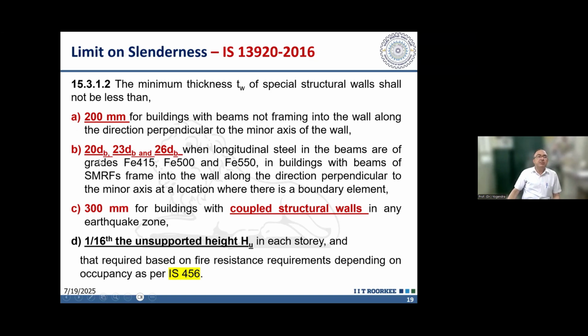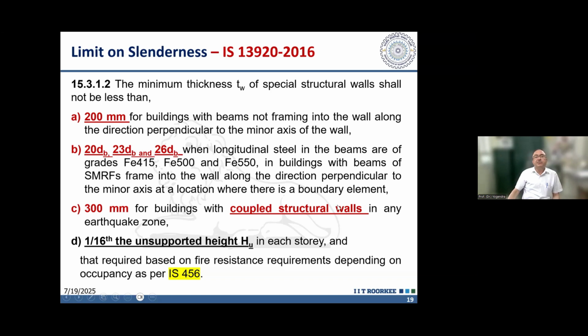So if there is a beam connected perpendicular to the wall, then these requirements of the beam column joint will be applicable to shear walls also. In that case, thickness cannot be less than 20 times dV, 23 times dV, 26 times dV, depending upon which grade of steel we are using. If we are using Fe 500 grade, then 23 times dV. dV is the diameter of the longitudinal reinforcement in the beam. So 23 times dV will be the thickness if we are connecting a perpendicular beam to the shear wall,